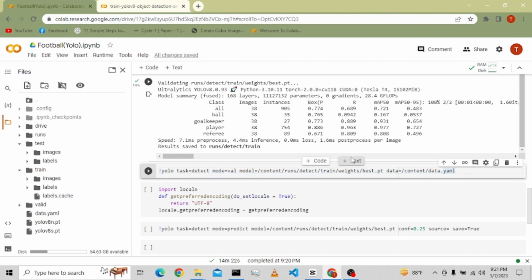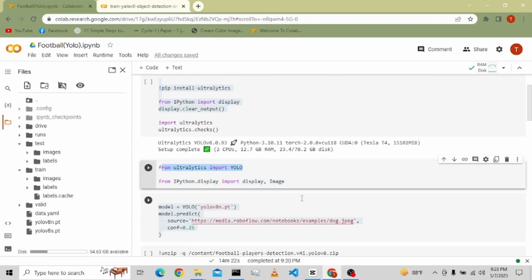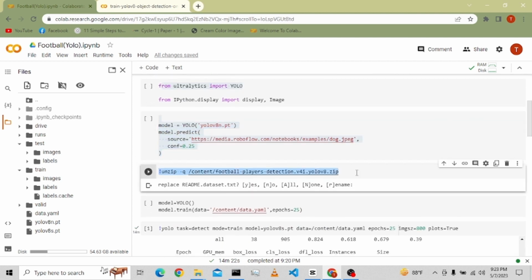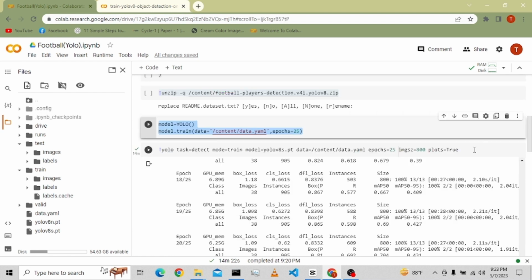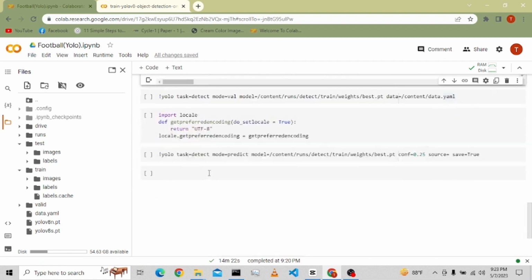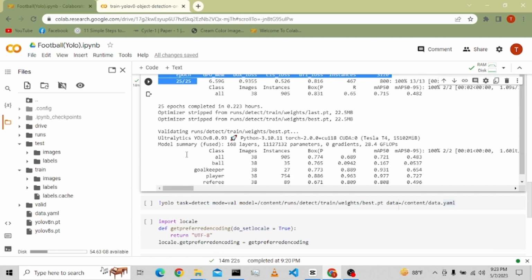Before that, let's recap the whole process again. First of all, we installed ultralytics and imported YOLO, and this is a testing script. You can skip it if you want. Then we loaded our dataset, and our dataset was a zip file, so we unzipped it here and then assigned our model as YOLO, provided the YAML file link. Then this was our training script. It was trained in 25 epochs,